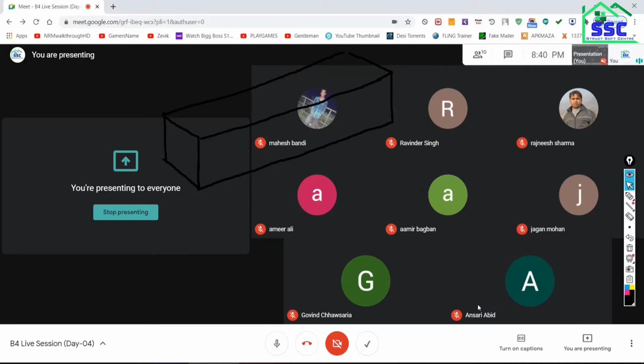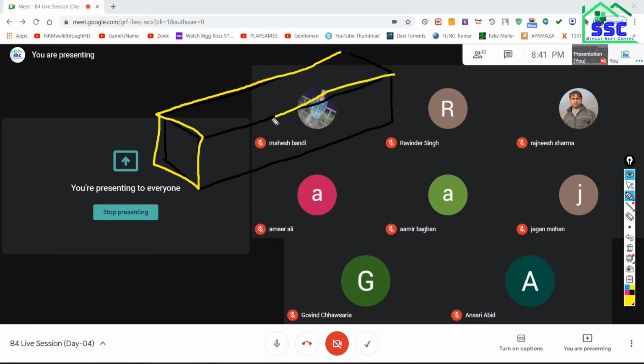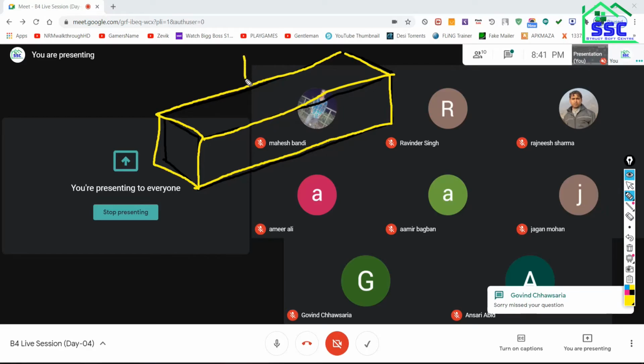It carries transverse loads. Beam is your flexural member, and it is subjected to transverse load only.